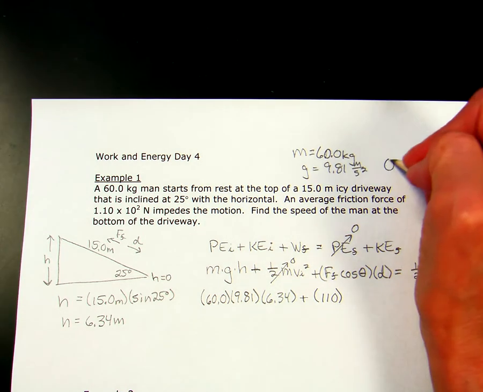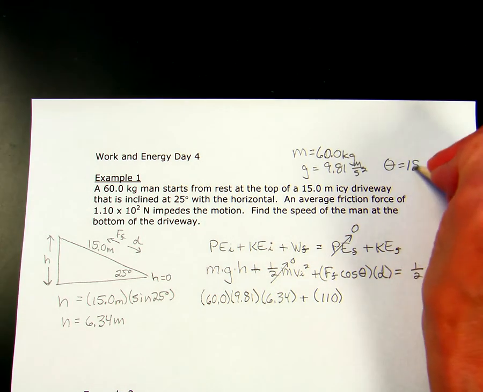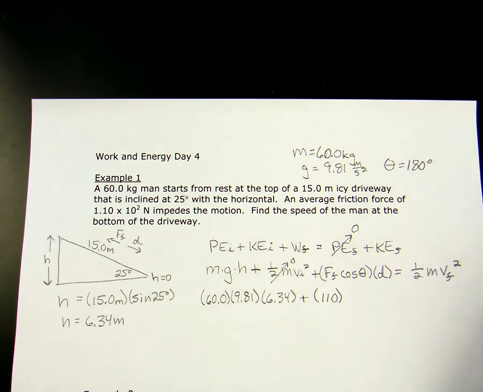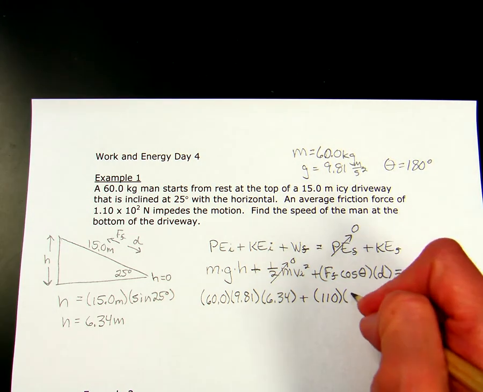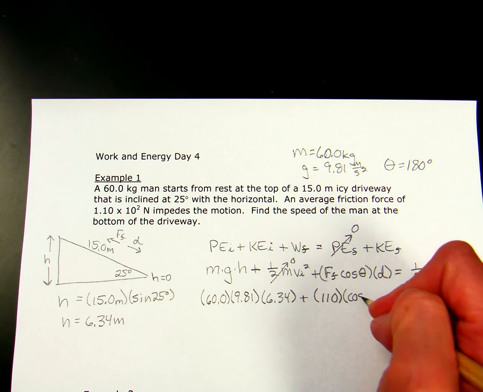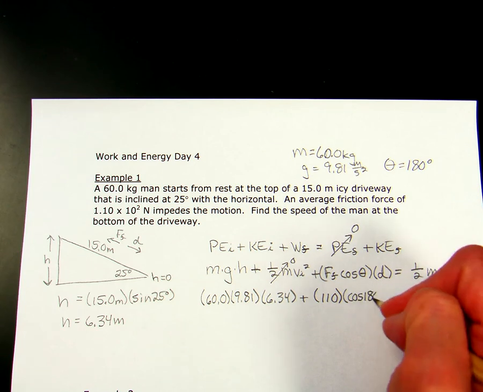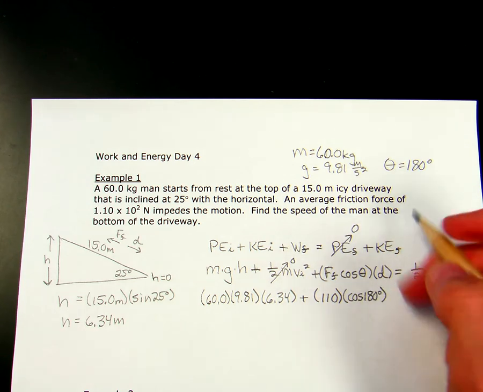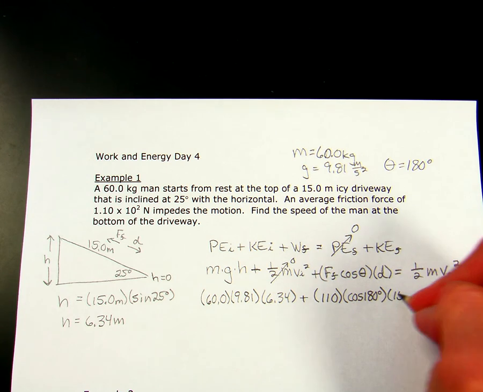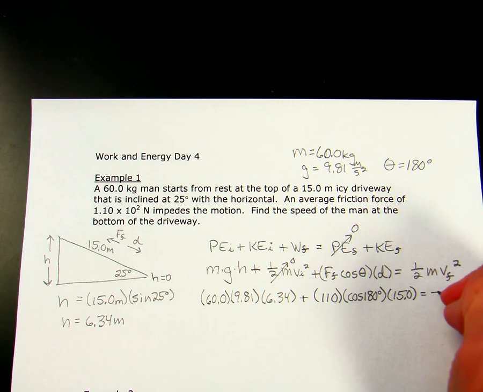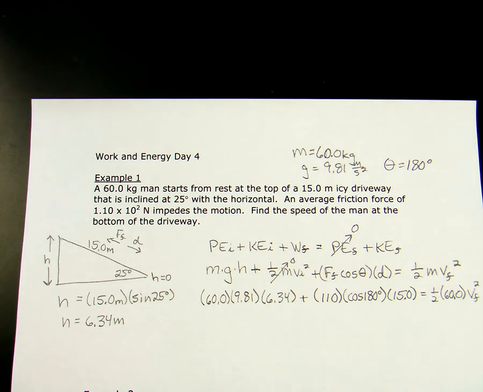Now theta here is 180 degrees between the frictional force and the displacement. I know by the time I get to the bottom of the hill I've gone 15 meters, and that equals 1/2 my mass, which is 60, times my final velocity squared, which is what we're trying to find. So now I have to get out my calculator,